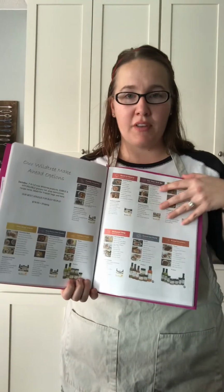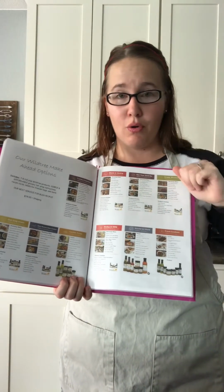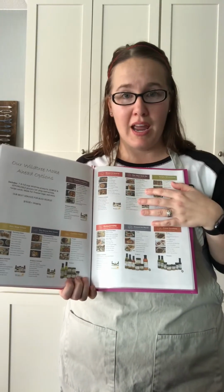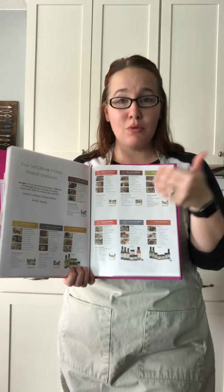Now at this point, a lot of customers think, well, how does that work? You can pick any menu tonight, add it to your order form. The kit's gonna ship to your doorstep. The shopping list will get emailed to you when we close Sally's party, and you can get started right away. Or you can pick out some of those pantry staples that we talked about earlier, and you can go ahead